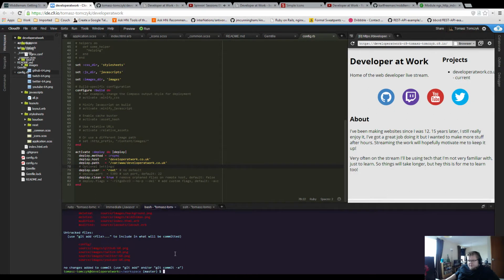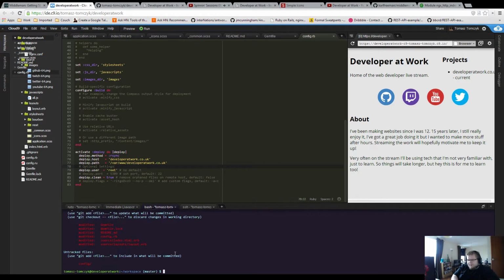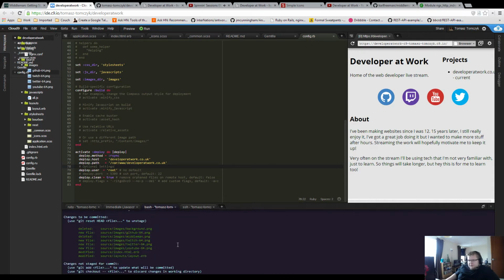Let's do 2 different commits for images and the rest separately. Git add source images. Okay.